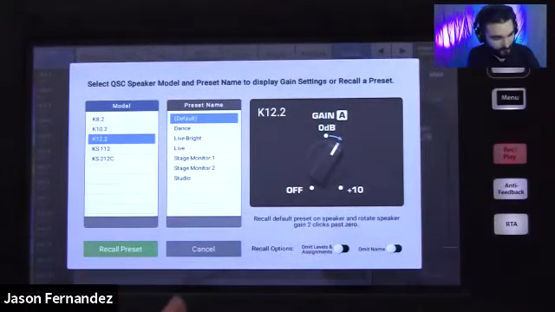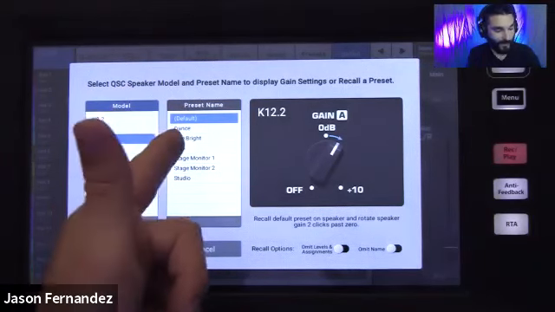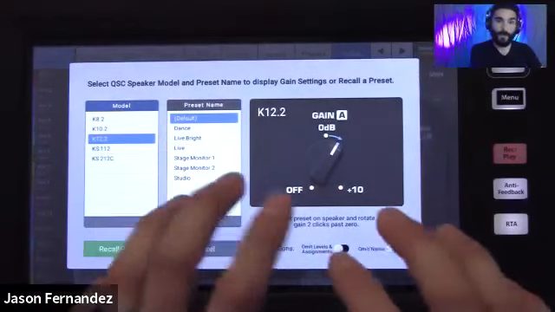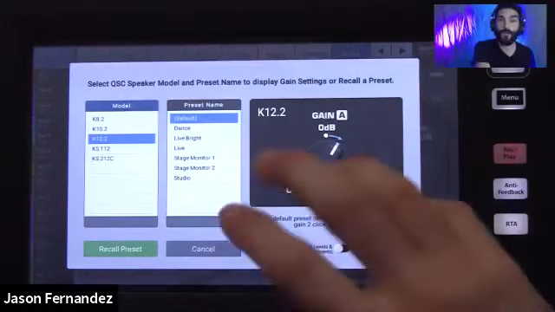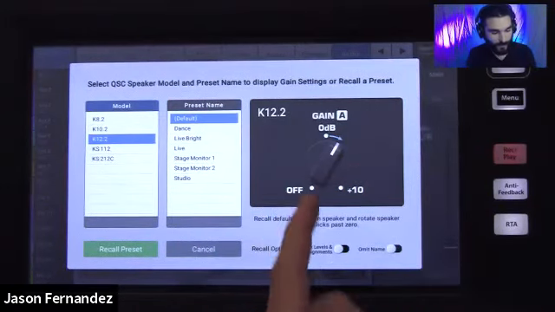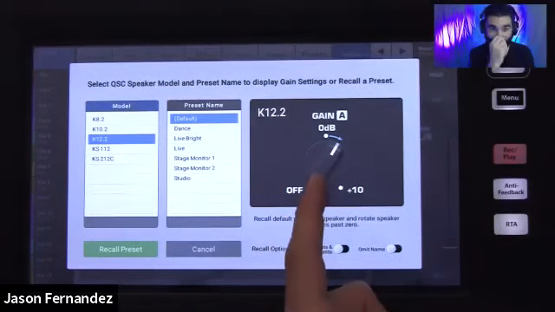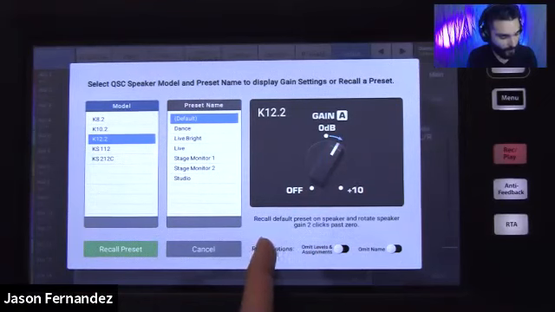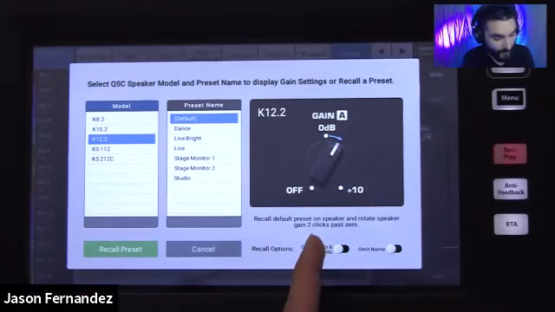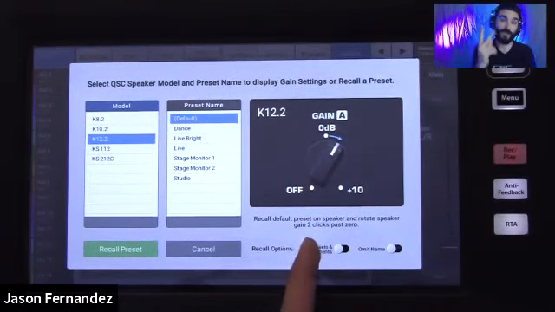If I want to give it a preset, I can recall that here. But really, if you're configuring this from the mixer, you just leave your speaker in the default mode, and then you put your processing on your output here. And it even tells you how to set the gain. So that is extremely helpful. Right here on my K12.2, it's telling me to recall the default preset on the speaker and then rotate the speaker gain 2 clicks past 0.